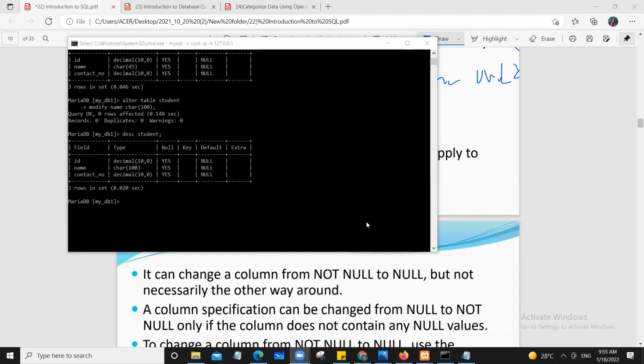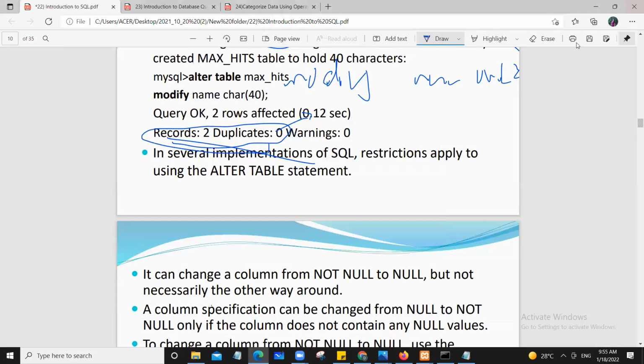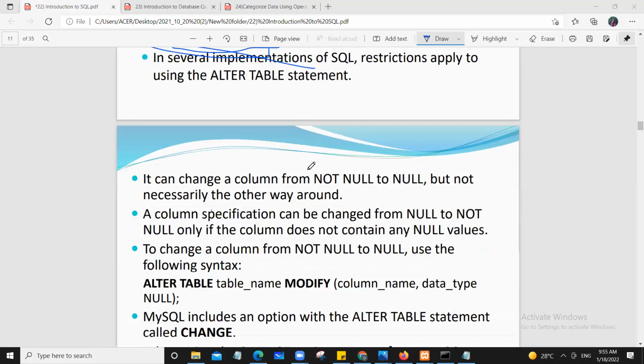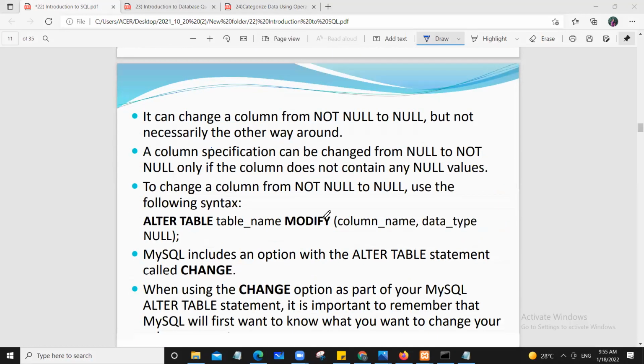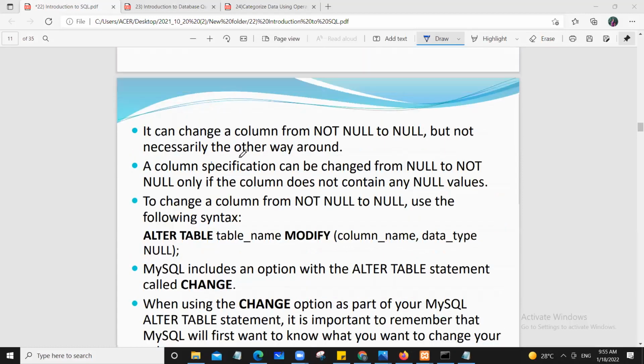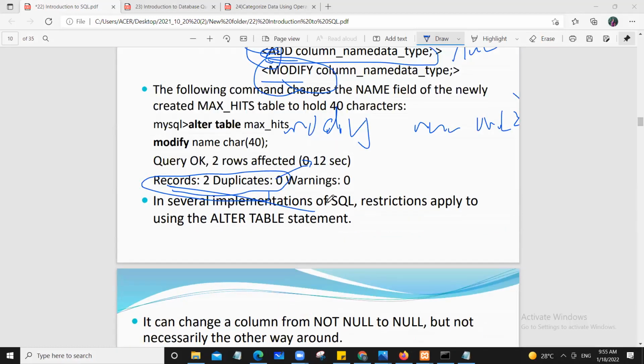Okay. Are there any other questions? Do you have any other questions? Okay, if not, let's continue with the theory part. Okay, alter table modify. Now we are going to discuss about